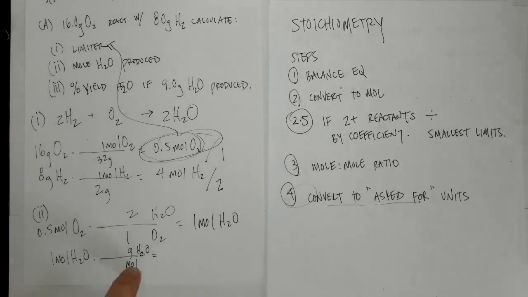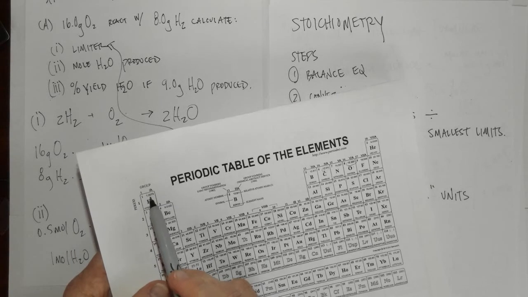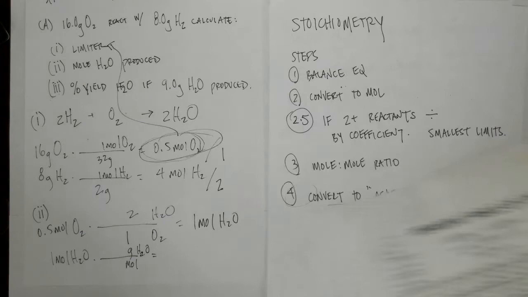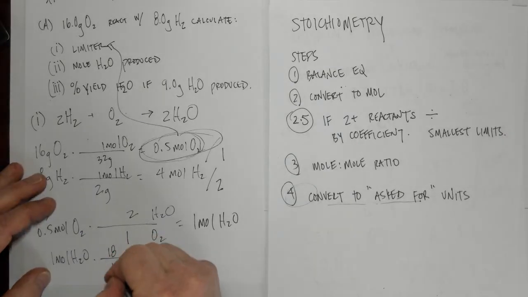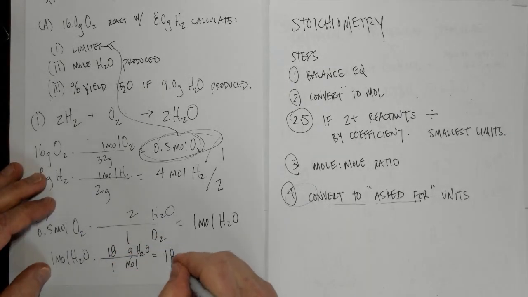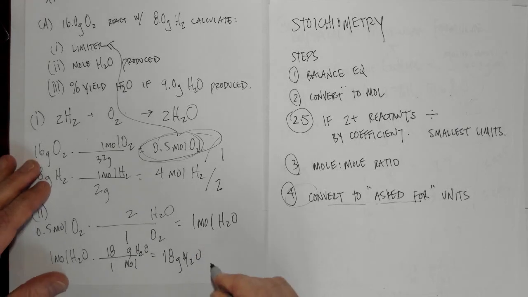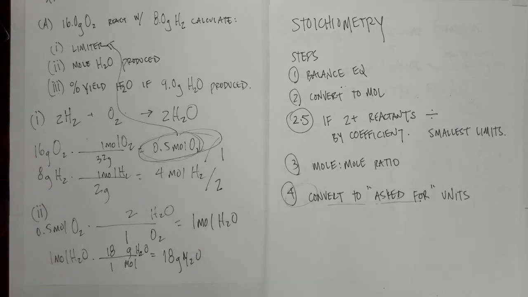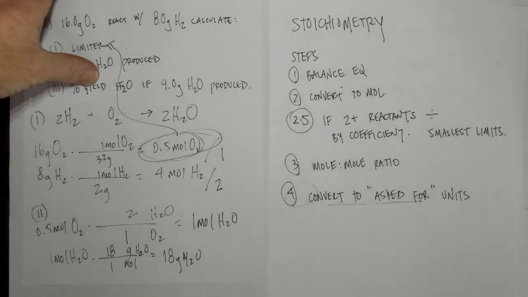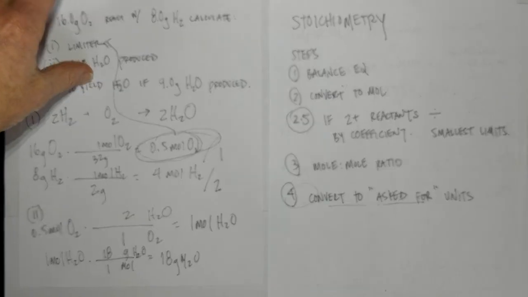So add water up on the periodic table. Hydrogen's 1 times 2 plus 16 gives me 18 grams in a mole. 1 times 18 divided by 1 is 18 grams of H2O that are calculated theoretically to be produced. I'm running out of space right here, so I'm going to move